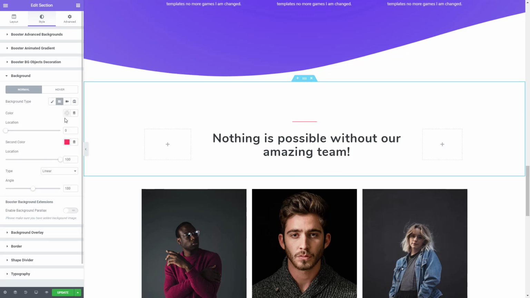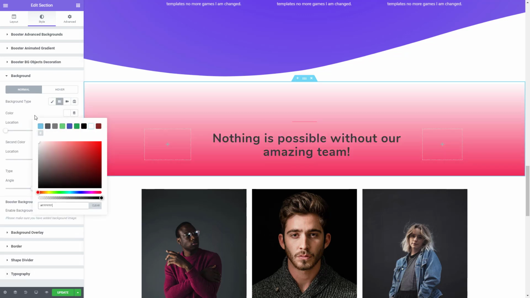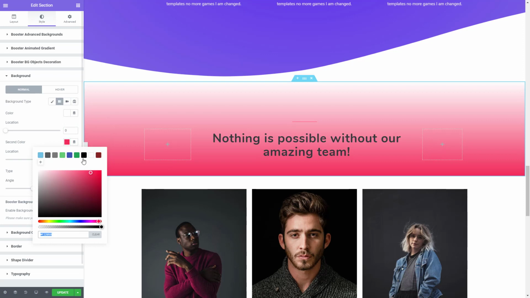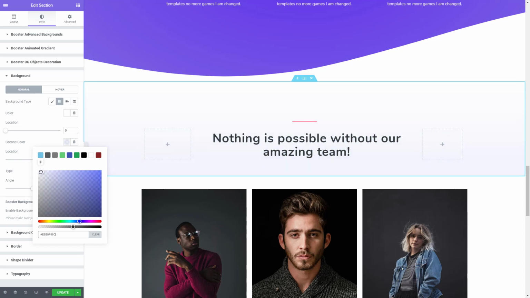We'll use gradient. First color is going to be white. Second color is going to be a blue. And we'll use something very, very light. Go with something like this, or even lighter. Great, now let's copy this color